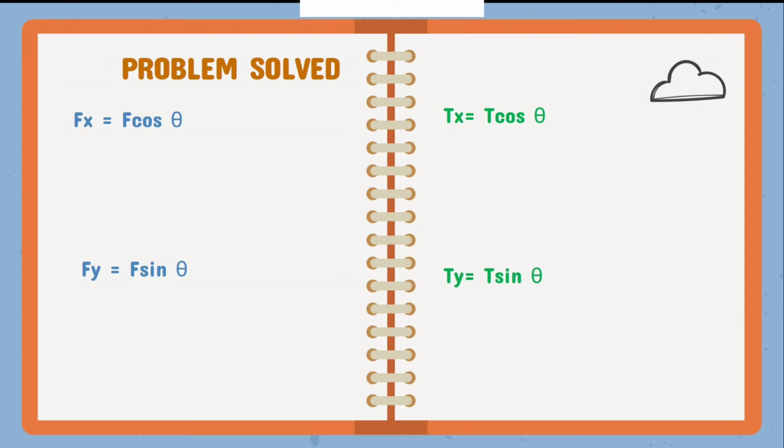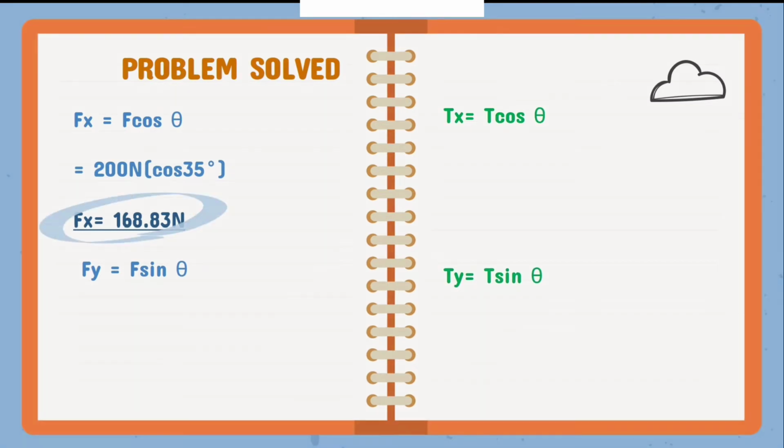Here, Fx is equal to F cosine theta, equal to 200 Newton multiplied by cosine of 35 degrees, is equal to 168.83 Newton. Fy is F sine of 35 degrees, is equal to